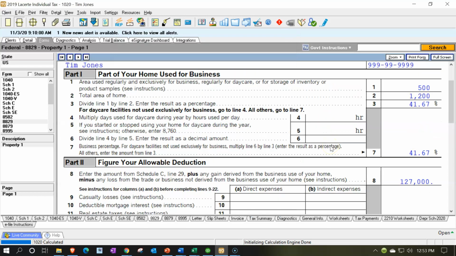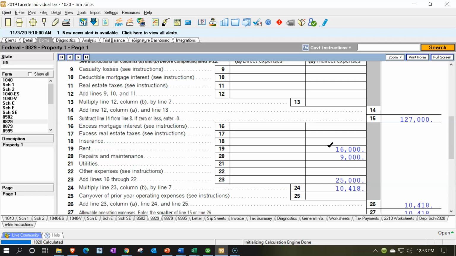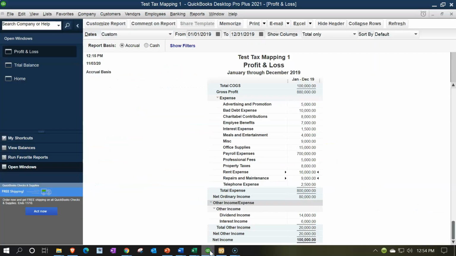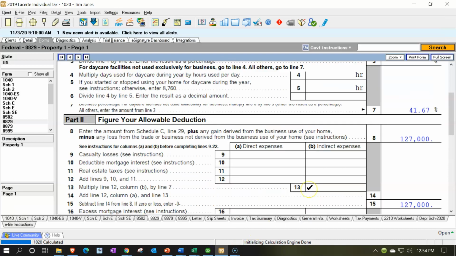So that's going to be our percentage that we're going to use, and we're going to allocate it to the items that we included. Now, we're not going to get into a lot of detail on which items should be here, but if you have rent, then it might be rent that would go there, and then we had repairs and maintenance that we included in these line items. So these are the differences that we're having because we have them fully deducted in QuickBooks, and we only get a portion of the deduction here, which is going to be that 46